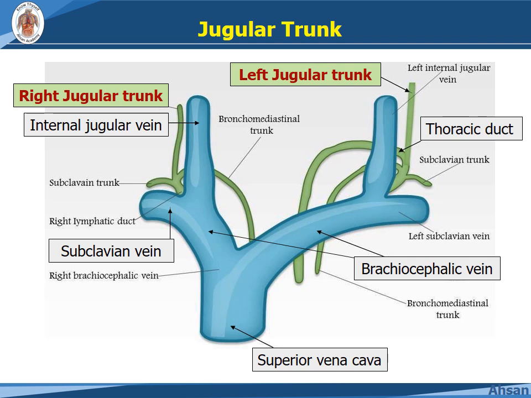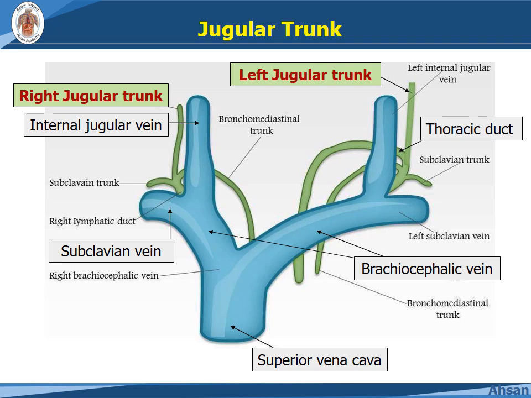Now you can see the lymphatic pathway in green color. On the left side, from the abdomen and thorax, a large duct is coming out in the root of the neck, that is the thoracic duct. On the left side, it hooks around and opens into the jugulo-subclavian junction. This thoracic duct receives the left jugular trunk, which we have discussed in the previous slide, the finally formed large trunk. This opens into the thoracic duct on the left side.